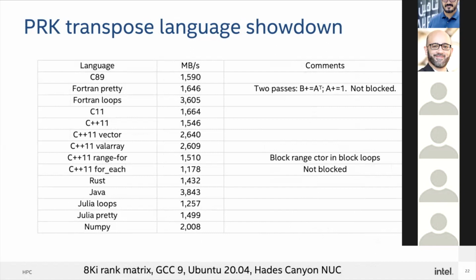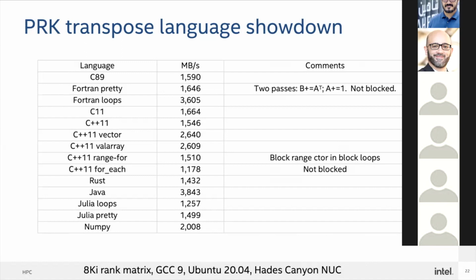But what we see here is, once again, Java is somehow amazing. Fortran loops are amazing, as you'd expect. Something is going on with C. C should do better than that. And I was gathering this data at about 11:55 p.m. last night, so I apologize for not having all the answers.